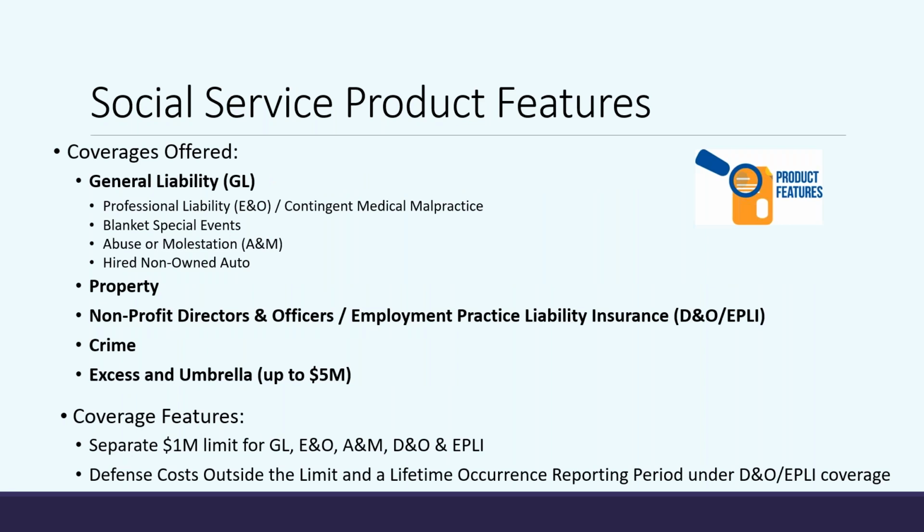So as far as the different coverage lines, we're doing the general liability, and within that we have the E&O, so it's really contingent medical malpractice, or something like counseling. And again, we'll get through a claim example here in just a second. But if they have a counseling organization and there's mental health counseling, those individuals will likely need that E&O exposure. So we do provide that. That is going to be a separate limit from the GL, but it's considered under the GL umbrella. So it will be a separate limit.